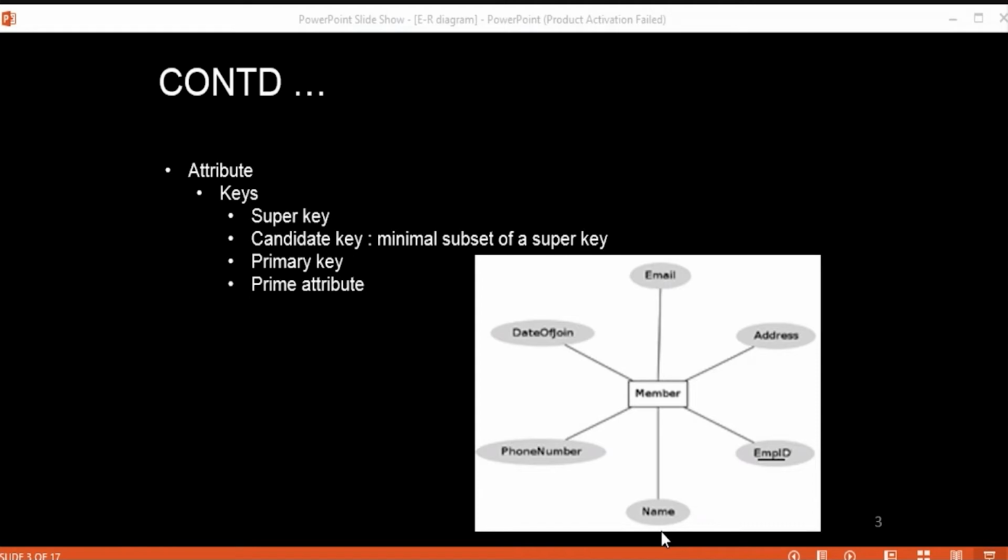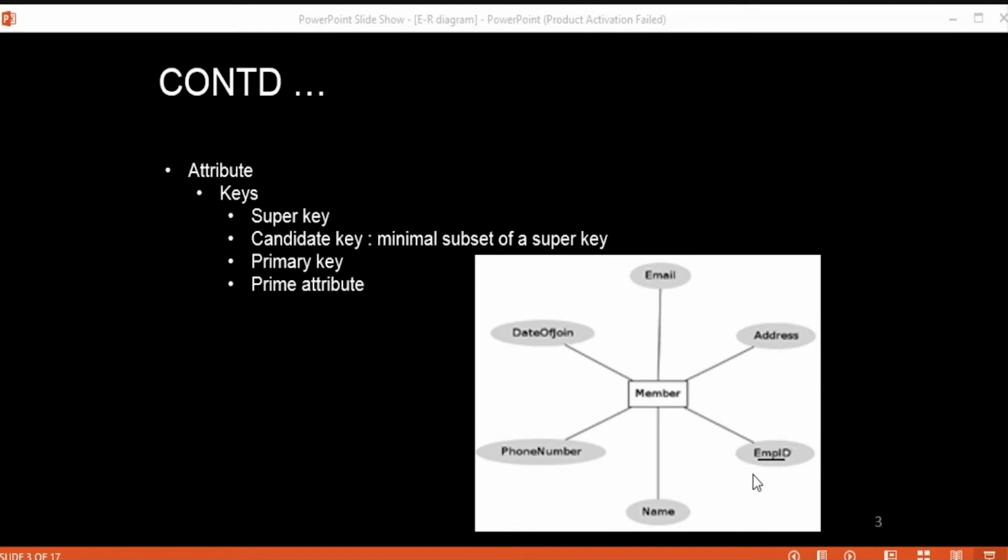Now, if we talk about the candidate keys of this particular example, employee ID and email ID can be the candidate keys. Then we can choose one primary key from the available candidate keys. The employee ID is the unique one.